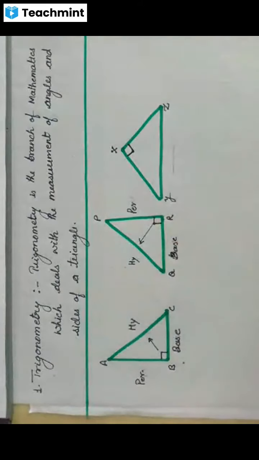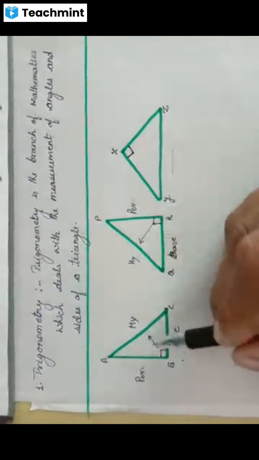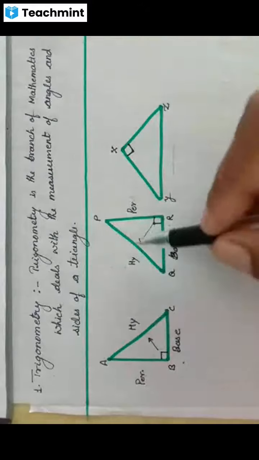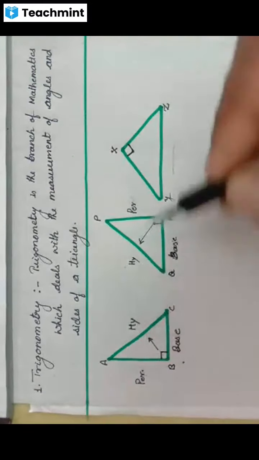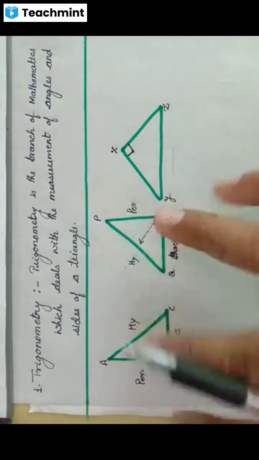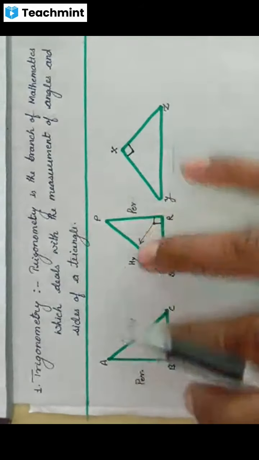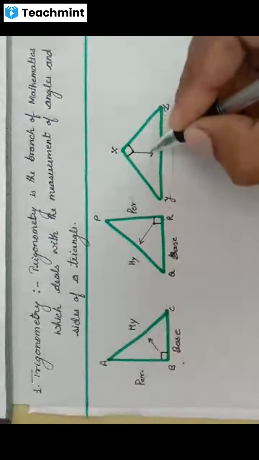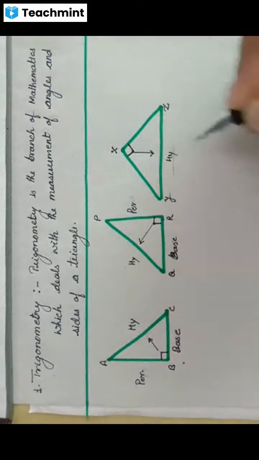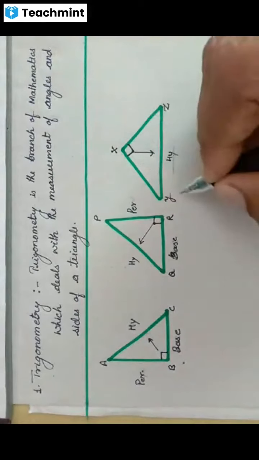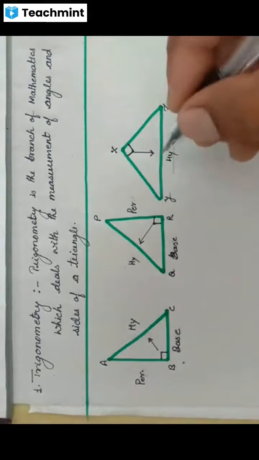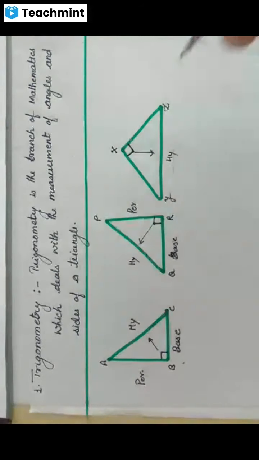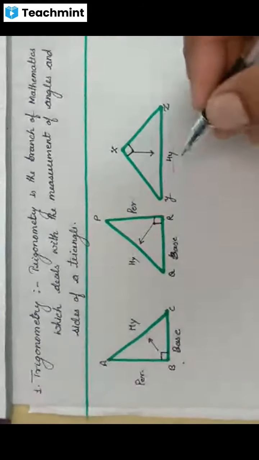In these two triangles we can easily say that the hypotenuse can be easily recognized because it is in front of the 90 degree angle. On the basis of these two observations, the hypotenuse of this figure will be Y and Z. But still there is confusion about base and perpendicular, because actually the triangle is standing on the hypotenuse, and on observation the hypotenuse seems to be like a base.